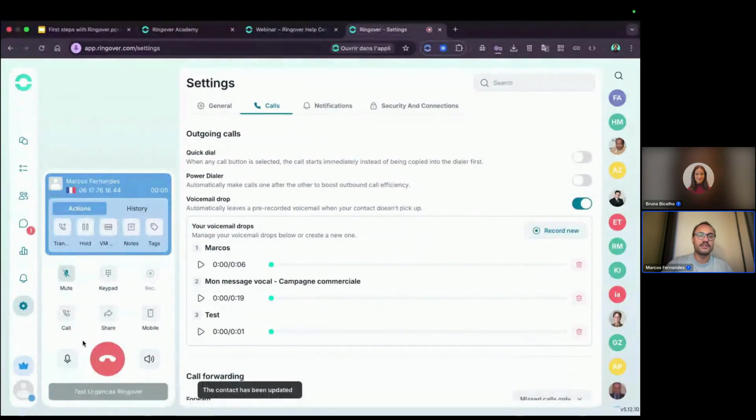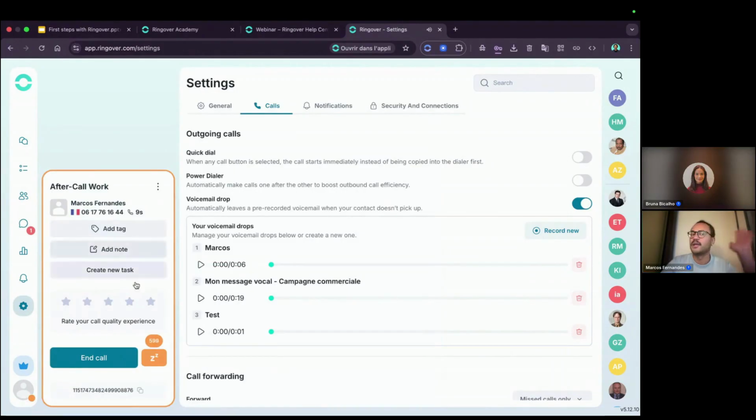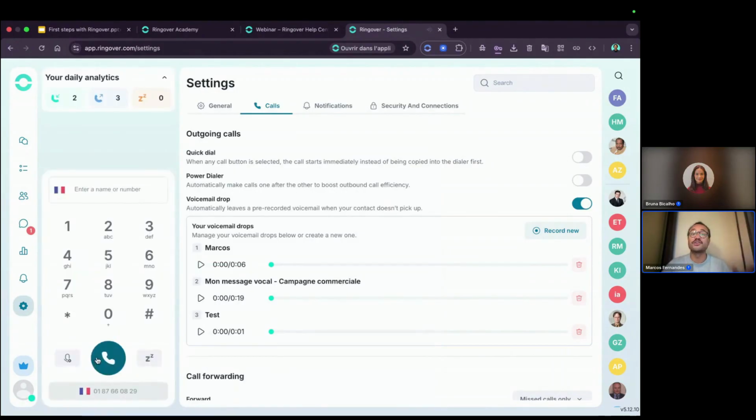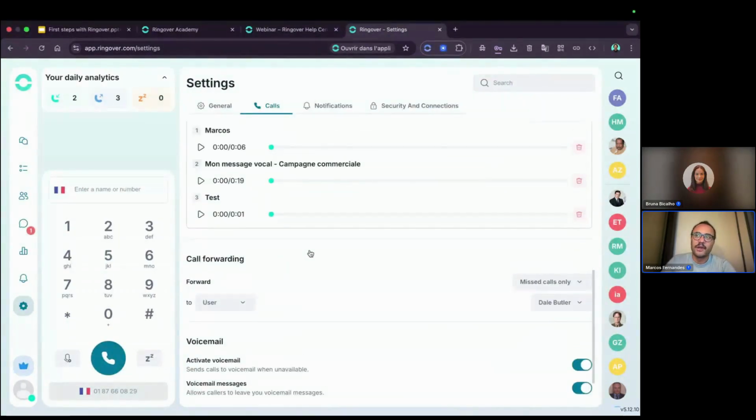Okay, so the person is not available. What am I going to do? I can just click here, voicemail drop. I can choose the message, and it's gone, it's sent. So I don't need to record a voicemail every time my client is unavailable because, well, I already have the